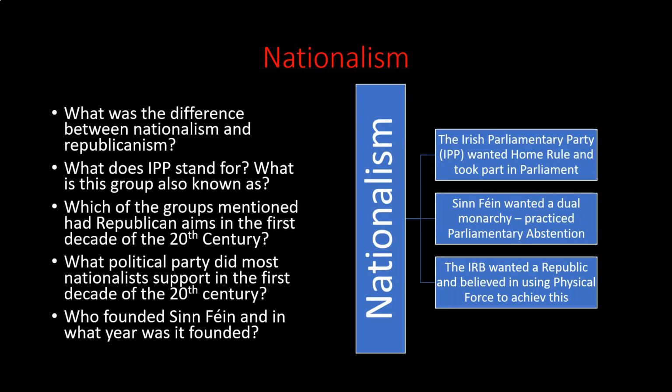The third group we have then, and this is a group we've talked about before, I've mentioned them a few times, and this is very much a secret organisation, and this is a physical force group, and that's the IRB, so the Irish Republican Brotherhood. And the IRB were the most ardently nationalist and what we call republicans. Okay, so republicanism is a type of nationalism, but it's asking for something. They're asking for a completely independent country. So what the IRB want is they want Ireland to be a totally independent country.